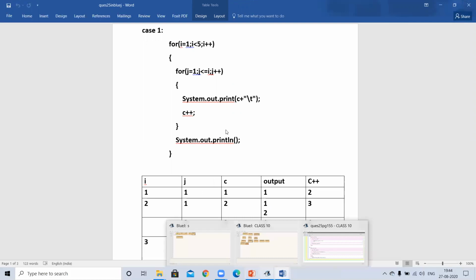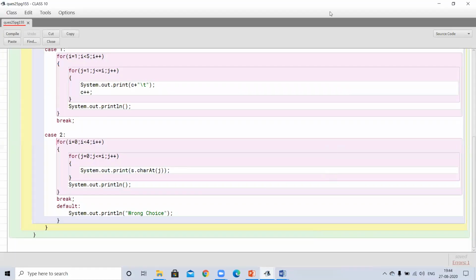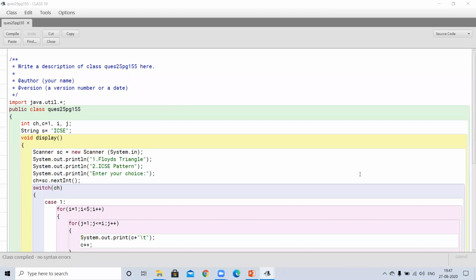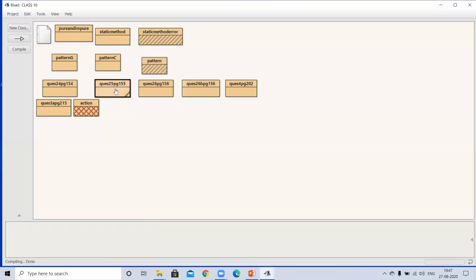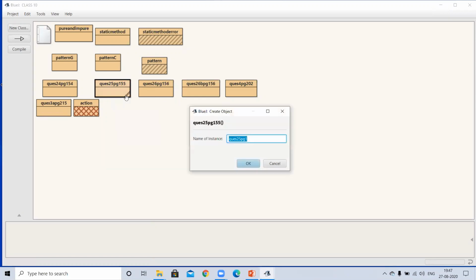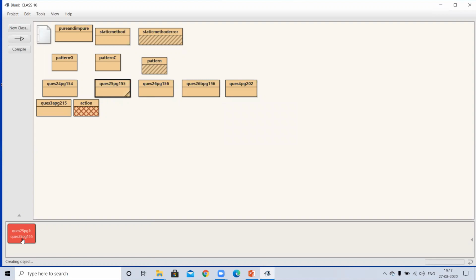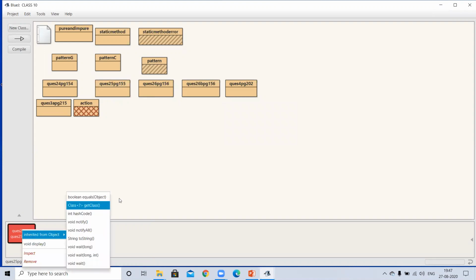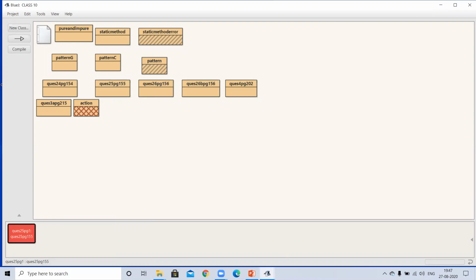Now we will move to our program again. Now I will run this program.